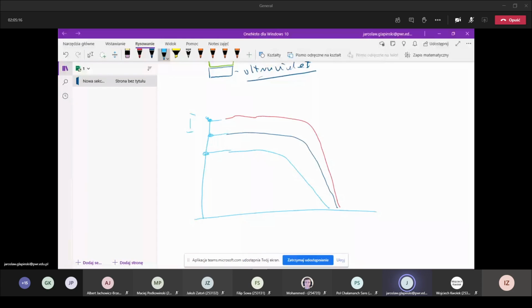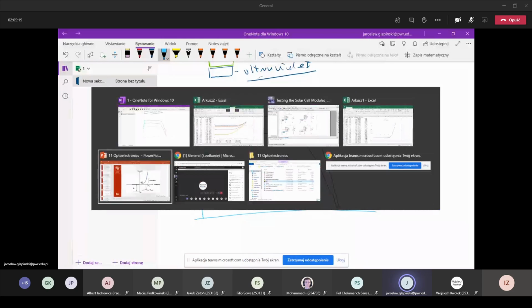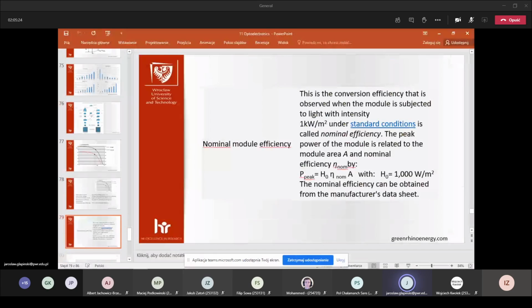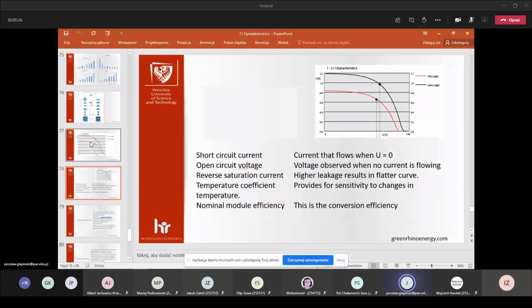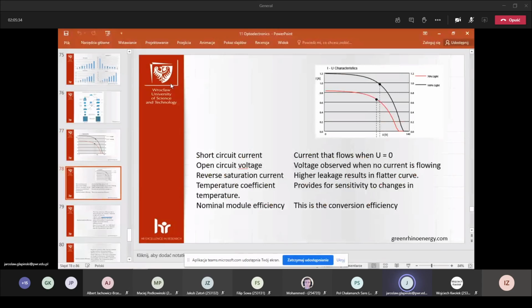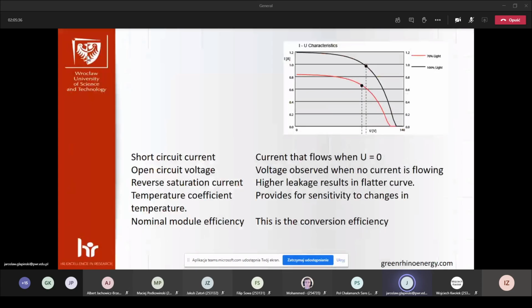okay, sorry, I will find it in the presentation. Okay, so here we've got the characteristic of our photovoltaic cell, depending on the light. So you can find that we have some elements that we can measure. We can measure the short circuit current. Yes, if we short the circuit to 0 volts, we've got the current. This is important for